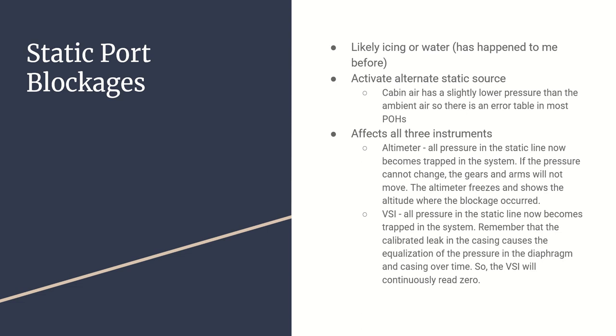If you start to descend and you see that your VSI is not generating a rate of climb or descent and it's just showing 0, then that also leads the pilot to believe that there has been a blockage, right? Because the pressures are equal between the two, because whatever pressure was in the system is trapped in the system. So there's no change in pressure that would lead to a disparity in pressures that would yield a reading. Your VSI is going to show you 0, your altitude is going to be frozen at the altitude of the